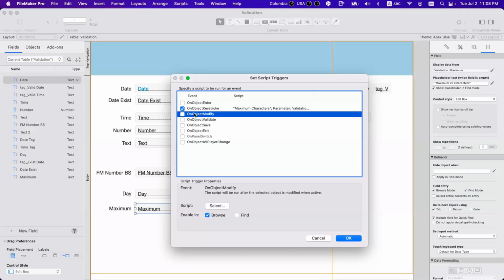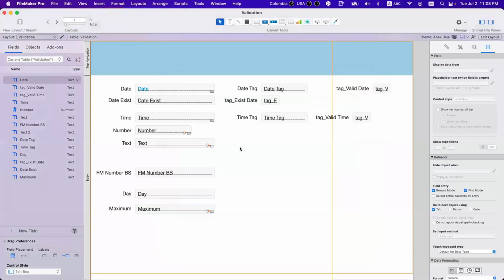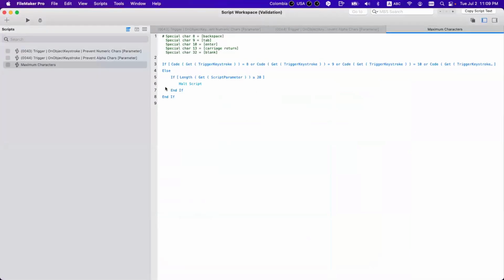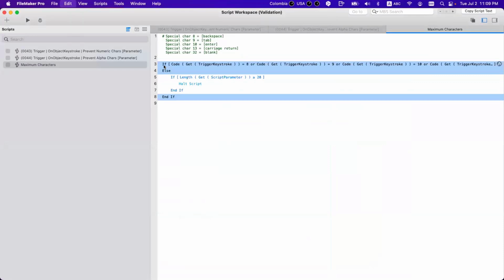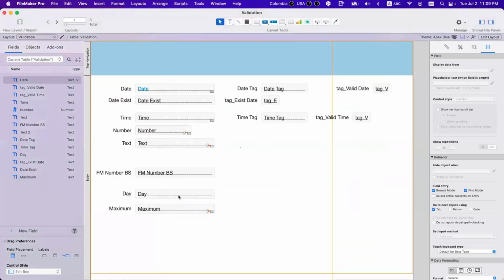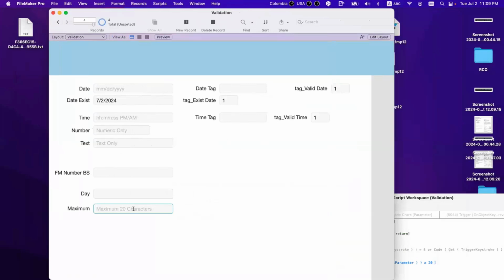If you don't do it the right way, this is what you end up with: you type, and when you reach the limit, you're screwed. You cannot even backspace, or use the arrow keys. You can't even delete this. That's why you struggle with this.